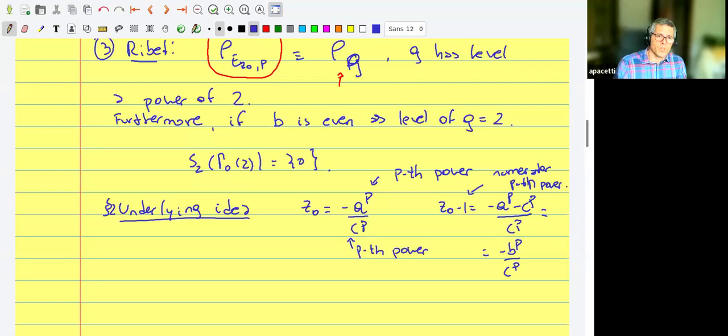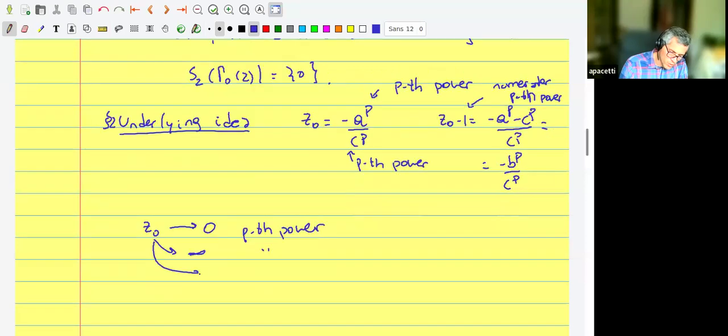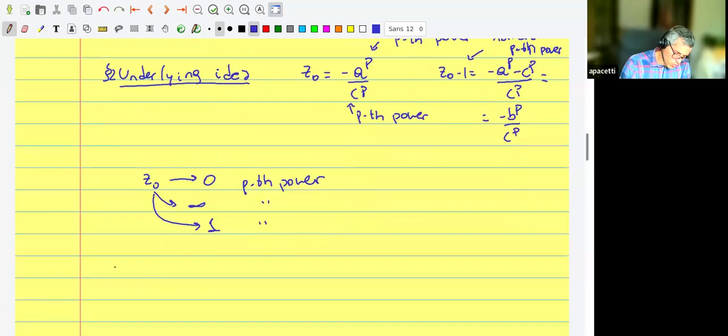You see? So what this is telling you is that if you think of your parameter, then when the parameter is trying to reach 0, it's like a pth power. When it's trying to go to infinity, it's like a pth power. And when it's trying to go to 1, it's also a pth power. Okay? And the goal is to construct